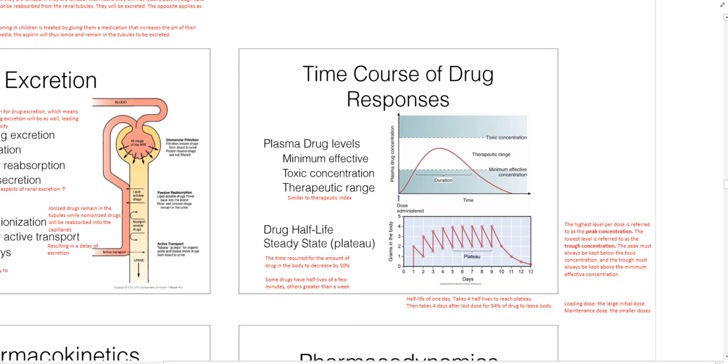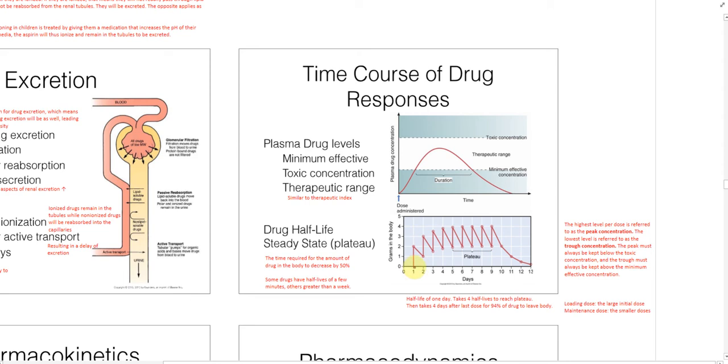When it comes to trying to create this plateau, as we can see here, this is a medication, for example. These are all days on the x-axis. This is the grams of a medication in the body. This person wants to have their medication concentration in the body, they have no idea themselves, it just happens to be, basically kept at about 3 grams in the body. And this drug has a half-life of